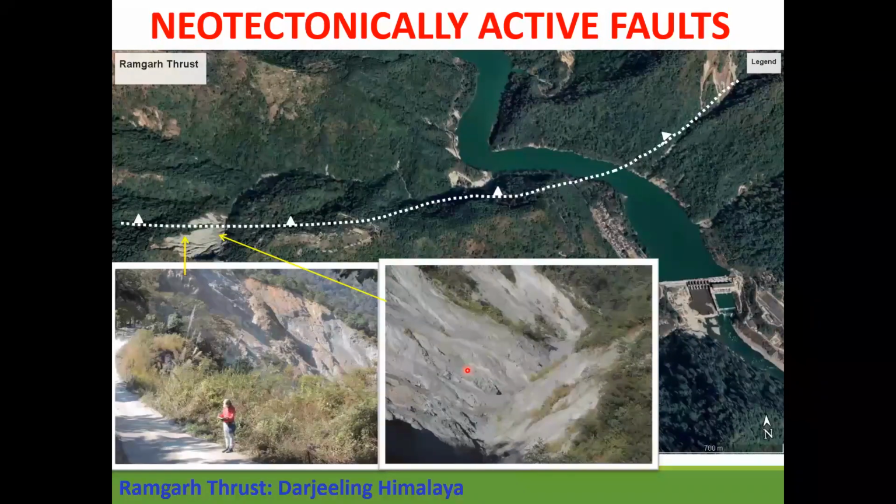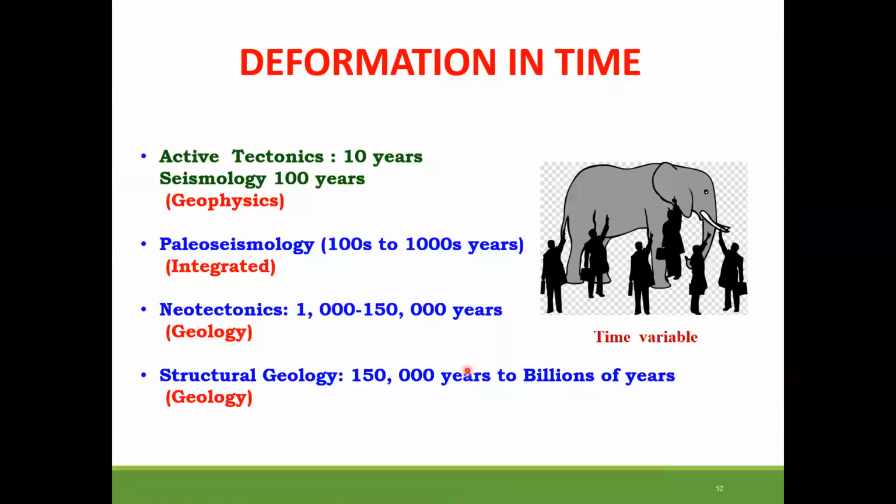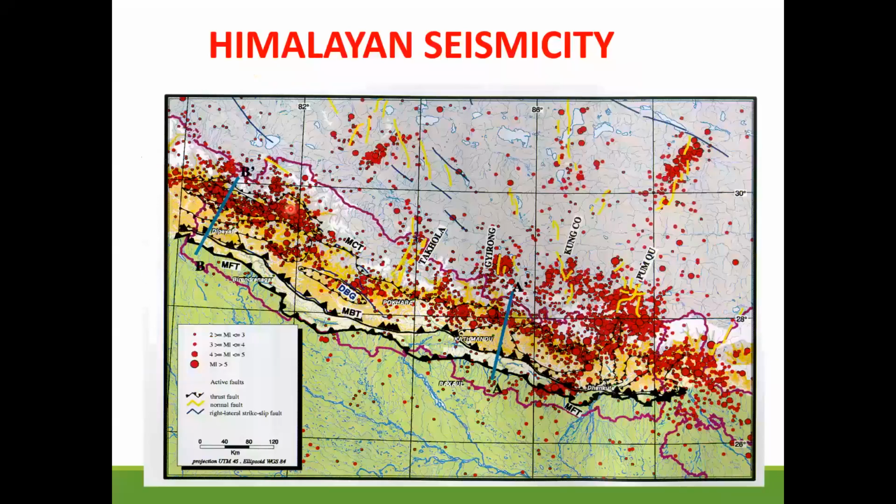Okay, so then we go to the youngest time scale, which is basically picked up in geophysics. And so if you look at the Himalayan seismicity, we argued that all of our in-sequence deformation was such that the frontalmost fault was the youngest. And progressively, as we went back into the mountain belt, it should get older. But then all the present-day seismicity is actually located somewhere in the middle. Okay, so it's not actually active in the front. So that's what we get out of seismicity.